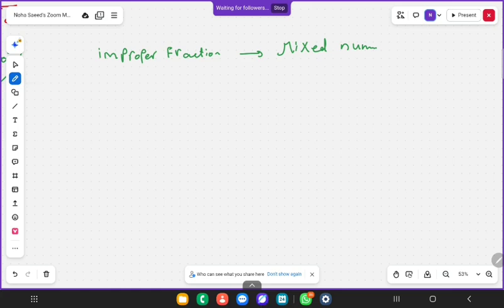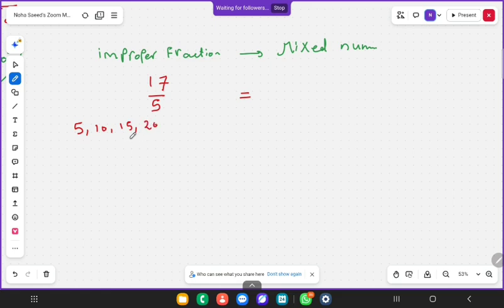Means the numerator is bigger than the denominator. So I have something like what? Like 17 over 5. It's improper. How can I make it mixed? Okay, it's easy, don't worry. Here, I will ask 17, how many 5 do you have? I don't know. Okay, start to write the multiples of 5. Here is 5, 10, 15,